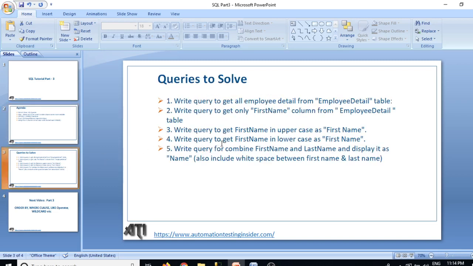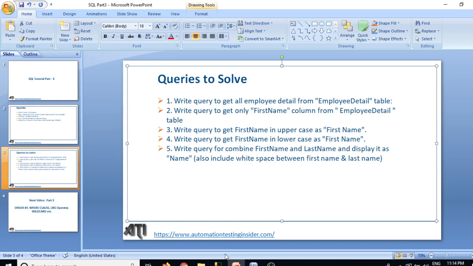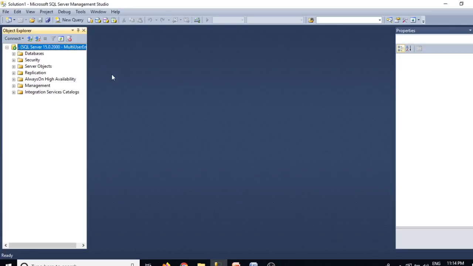These are the questions we have, like write a query to get all employee detail from the employee detail table. Another is write a query to get only the first name column from the employee detail table. Like that we have 5 queries today. So let's get started. I already have Microsoft SQL Server Management Studio open.